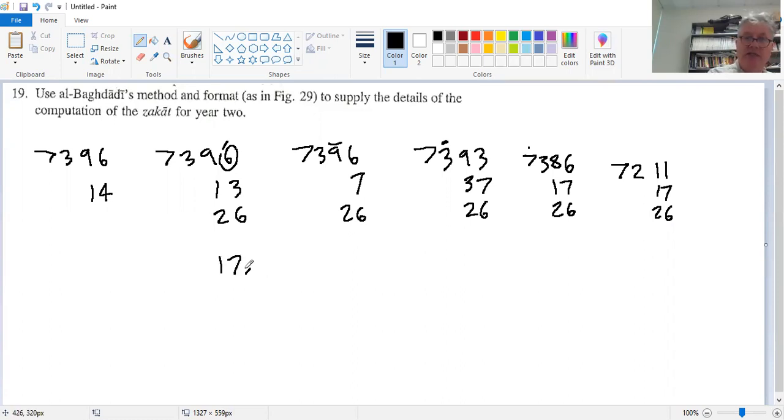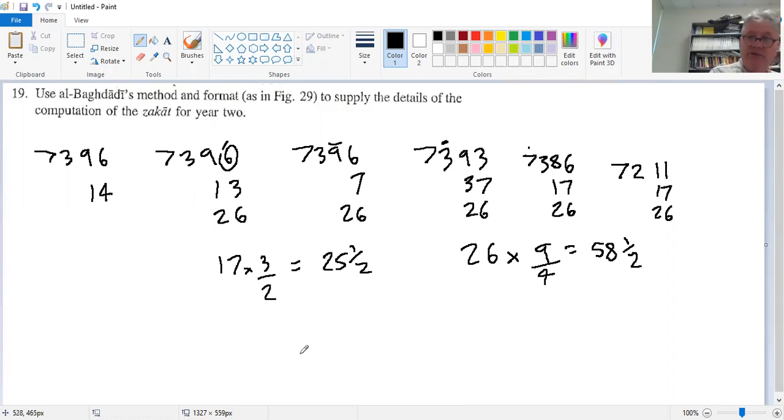So 17 times 3.5 is 25.5. And then the 26, we have to multiply by 9 on 4, which is 3/2 squared, and that's going to be 58.5. Okay, so the final amount that we have is 7,211,